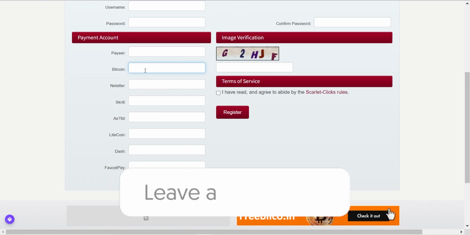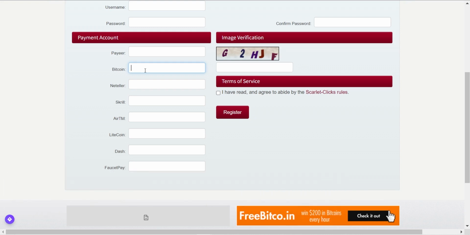Once you fill in all the details, you can just do this image verification. In this case, it's this one over here. Once you're done, click on this right here to agree to the terms and conditions, and click on this register button. Simple as that. After that, you're going to be able to log in to your account on